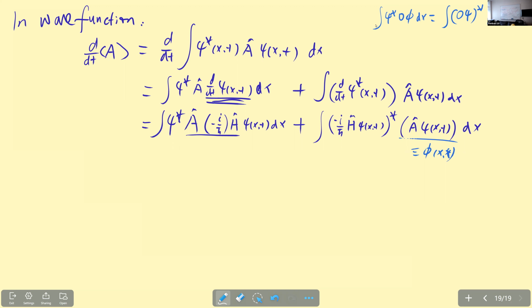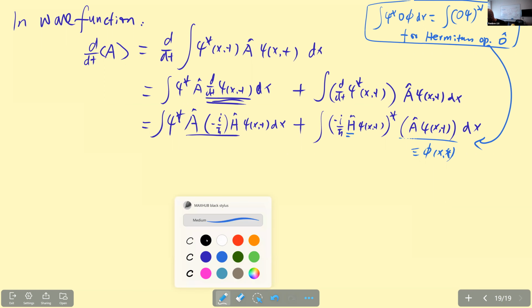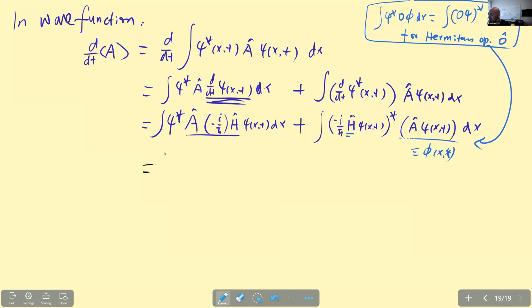So this is for the Hermitian operator O. Remember, H is a Hermitian operator, so we can apply this here. So the result is simply